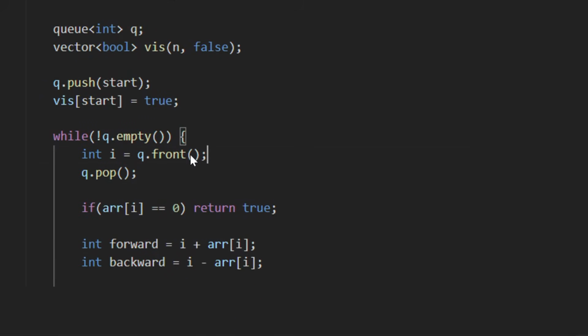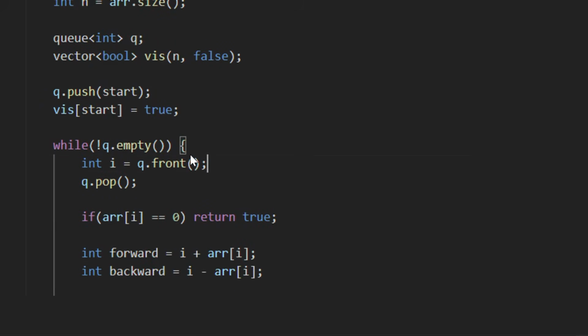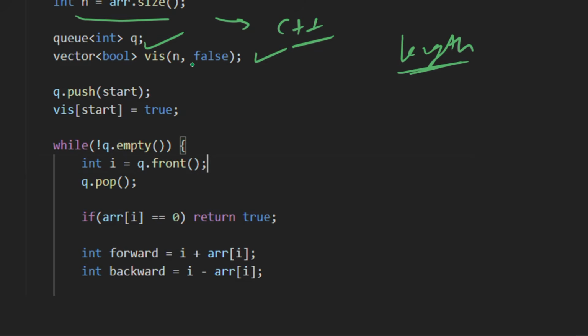So let's move to the code part. In the code part we have taken n, which is the array dot size. Here this code is C++, that's why array dot size will work, but if you are using Java then length will be there, right? Then we have declared a queue and a visited array of type boolean to mark the node visited. Then initially we push the start node into the queue and mark that start node as visited, and then we use the while loop, which will work until our queue becomes empty,